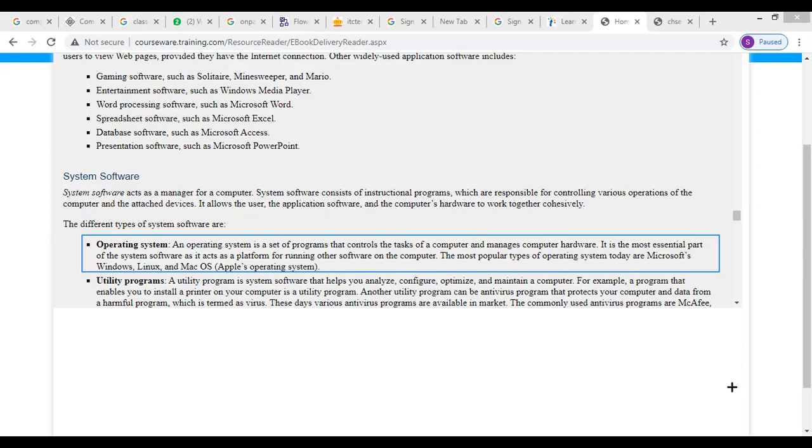So when you start the computer, it is the first program executed, after the BIOS.